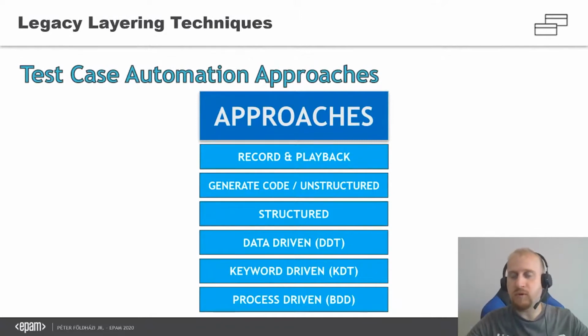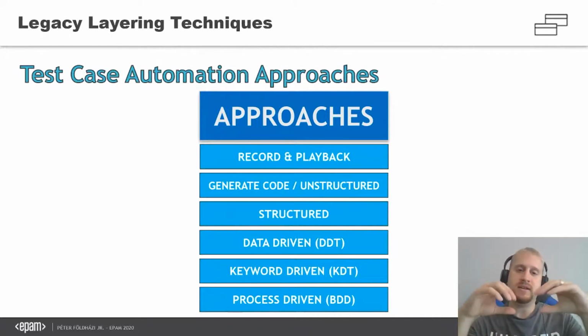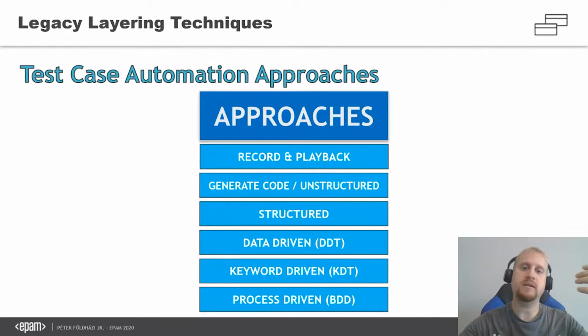Process-driven, most people would think about BDD, but other process-driven approaches could be used as well. So process-driven means that test automation is not just done by the test automation engineers and not just by the testers, but the business is included as well. So they create scenarios basically by defining the business requirements, and you can use those in your test automation. And the Gherkin language is used here. So the given when then